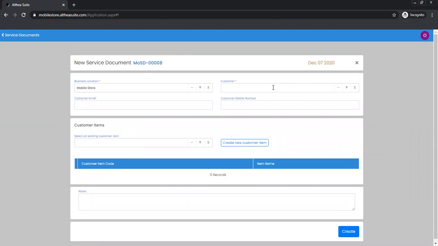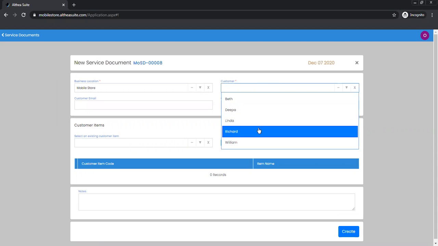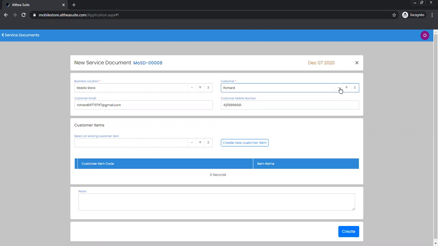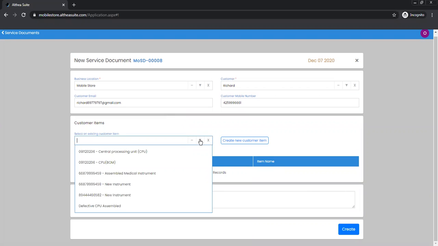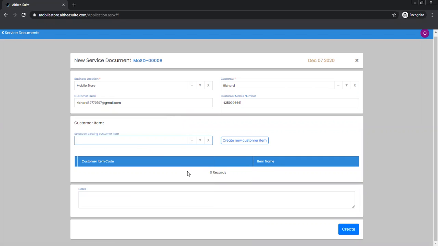This would then redirect you to select your customer. You could select a customer or create a new one using this three-dotted button, and you could now select the set items which you want now to be serviced for that product. When you click on the down arrow, you're able to look at all these products which the customer has purchased in the past. You could either scan them through a barcode or select them by the item name, what respective product you want to be serviced.